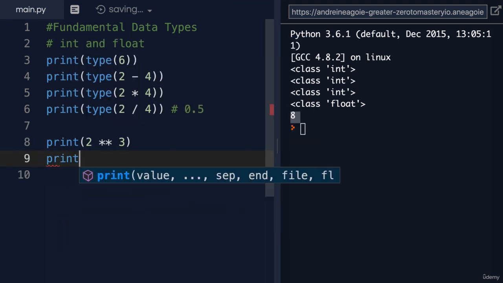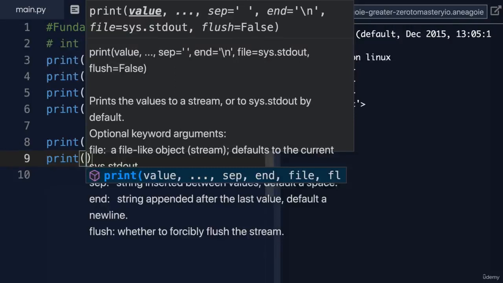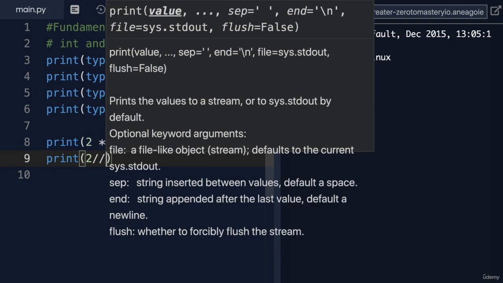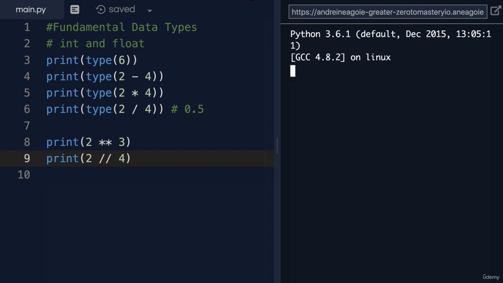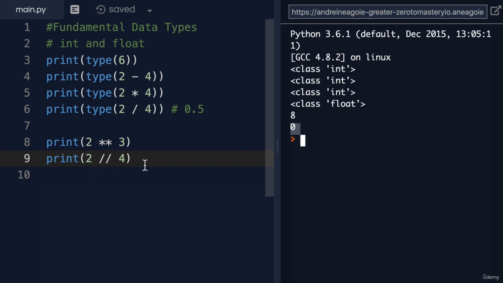We also have the double divide. That is, we can do 2 divided by 4. But then we use 2 slashes here. If I click run here, I get 0. This actually returns an integer, rounded down. If I do 3 divided by 4,